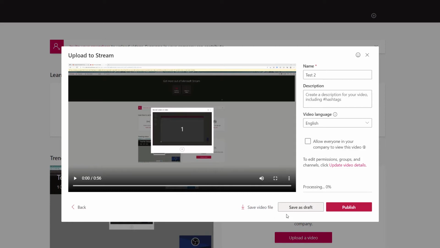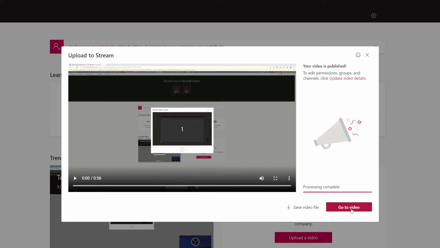From there, I can either save it as a draft, download the video file, or publish it. When you click publish, it will be published either to the entire organization or just to yourself, depending on the choices that you have made. Because I have deselected allow everyone in the company to view it, and I have not associated it with any other channels or groups, when I click publish, I will be the only one who can see this video in